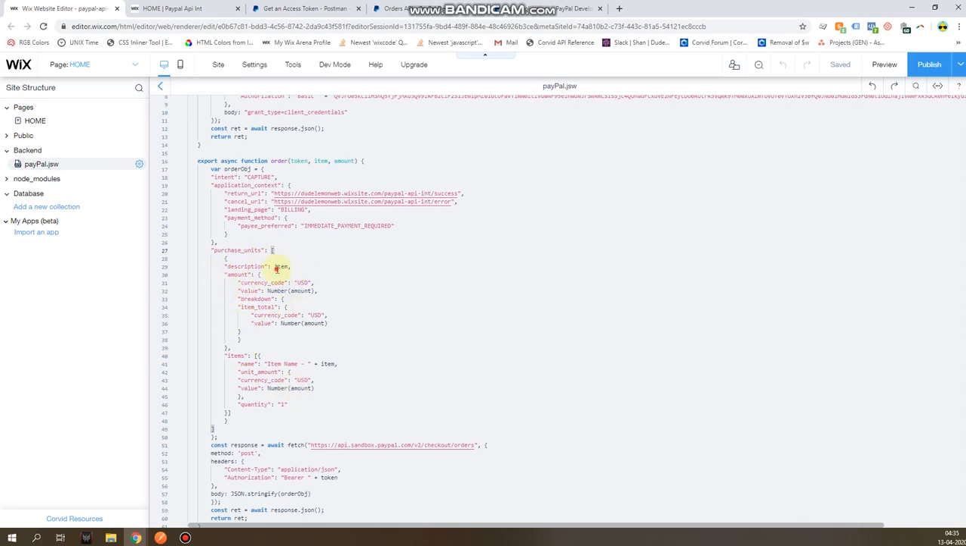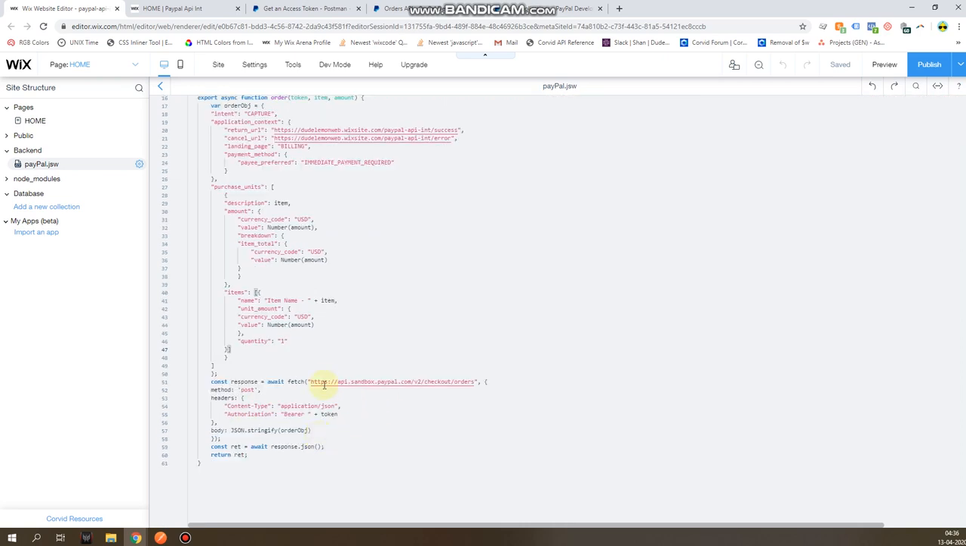So as you can see, I have the description of the item, which is the item name, which I will get from the front end, the amount, and the currency code. Right now it's hard coded, but you can send the currency code from the front end as well. And then this is the item, so it's inside an array. If you have multiple items, you can create multiple objects inside the array, but for now let's leave it to one. And this is the endpoint, version 2 slash checkout slash orders,